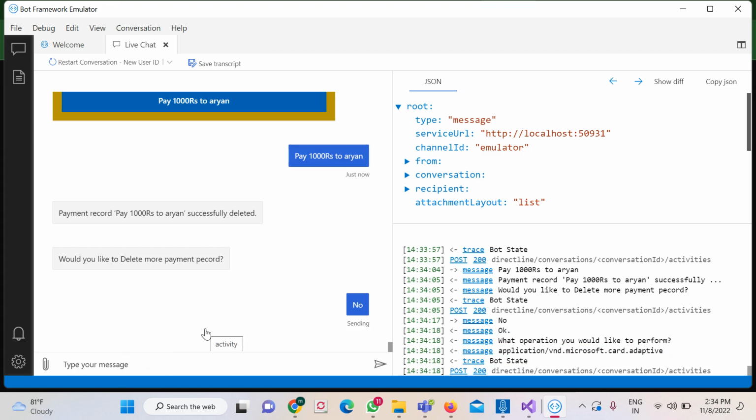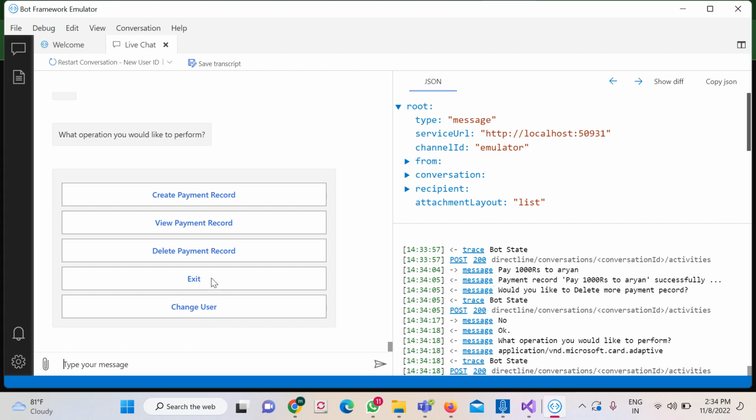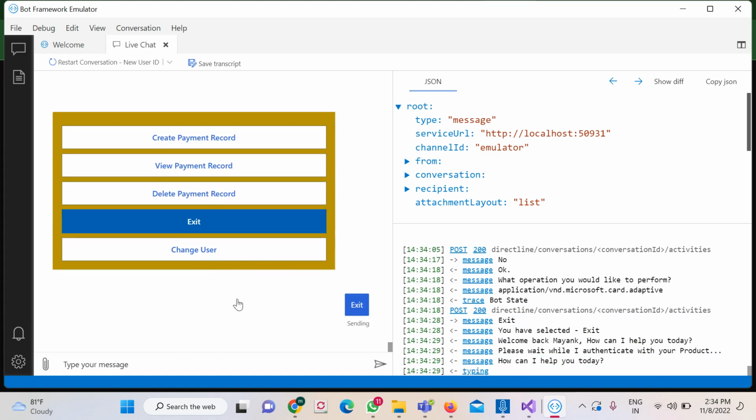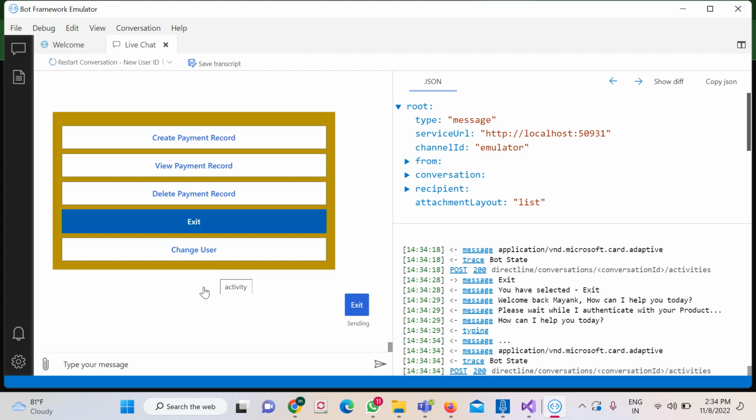So this is how you can maintain a khata book. You can change user with a different user ID, you can create a new user ID, or you can directly exit. So exiting this, you will enter the main page. Entering the main page, you can